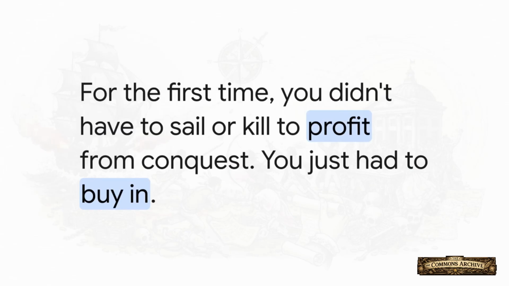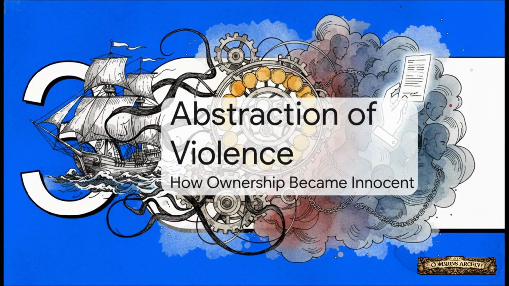And this was the terrifying genius of it all. This system created a whole new class of owner. For the first time in history, you didn't have to be a soldier on a ship to get rich from empire. You could be a merchant in Amsterdam, profiting from violence happening thousands of miles away. And all you had to do was the simple, clean act of buying a stock. So what did this do? It created this huge psychological gap, a distance between the action and the profit.